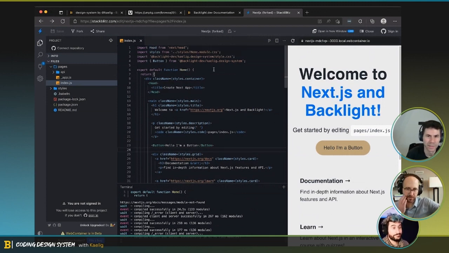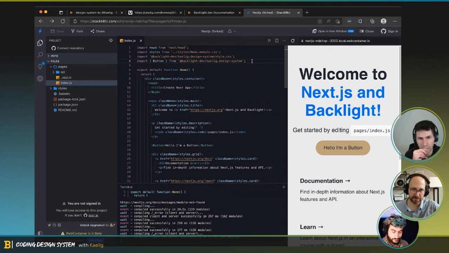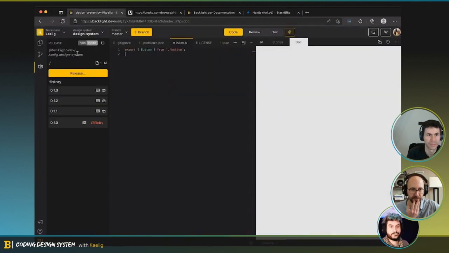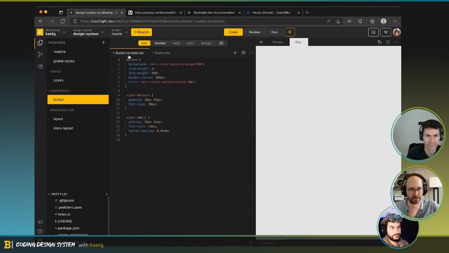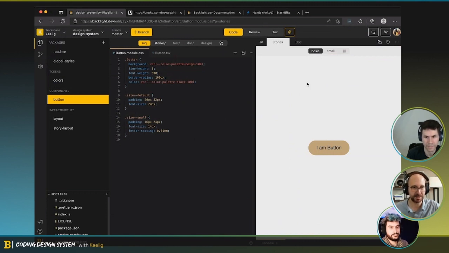Awesome. Okay, so just to recap, we got some colors in, we displayed them, we have a color style guide. Then we created a button with a few stories. And CSS modules worked out of the box, which is pretty cool. And then we published the design system with the typings, which is something I care a lot about. And then we imported the design system and displayed the button in a Next app, which is super cool.